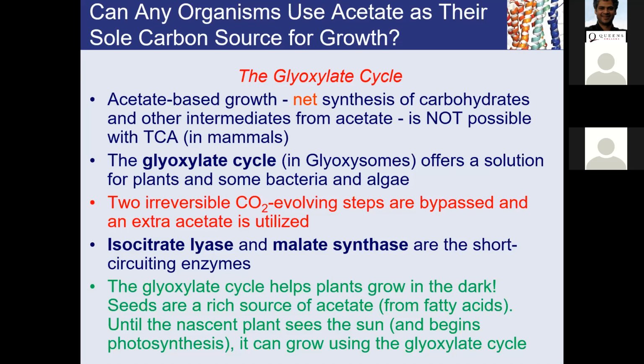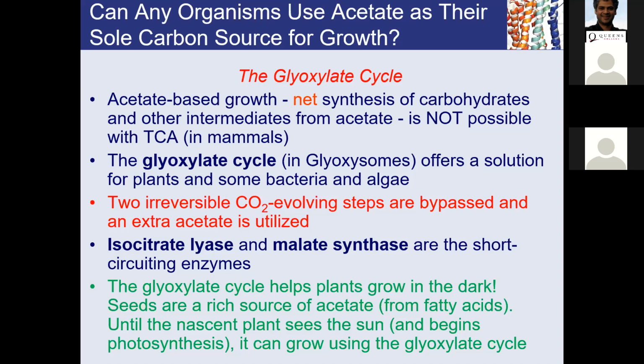And you know that mammals can't do that, right? Because there is no pathway for us to take fatty acid, metabolize it to acetyl coenzyme A, and take acetyl coenzyme A and do gluconeogenesis to make glucose. It just won't happen. Pyruvate to acetyl coenzyme A conversion is only one directional, right? You can only convert pyruvate to acetyl coenzyme A. You cannot go back.